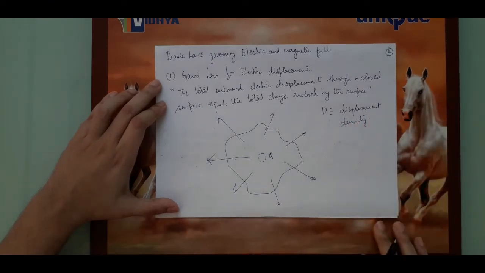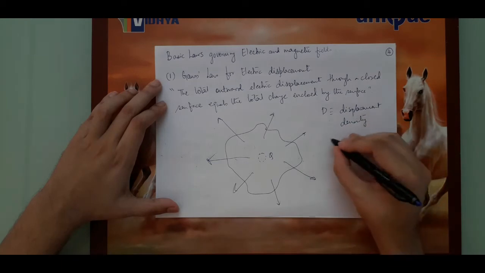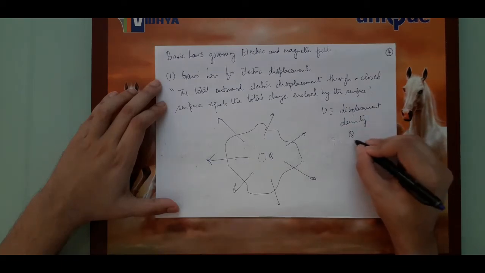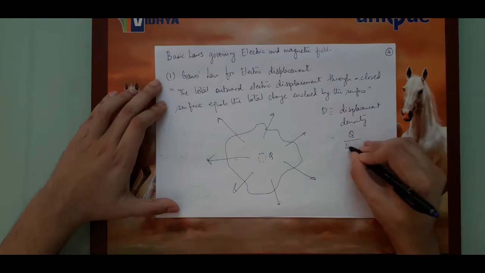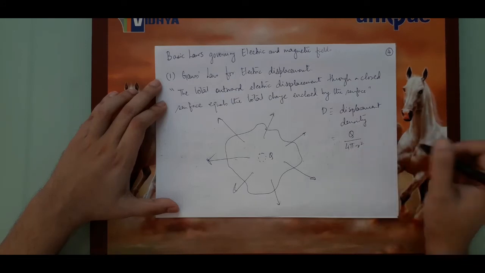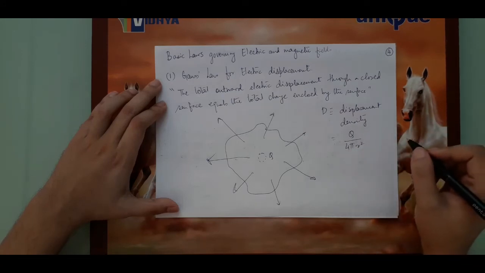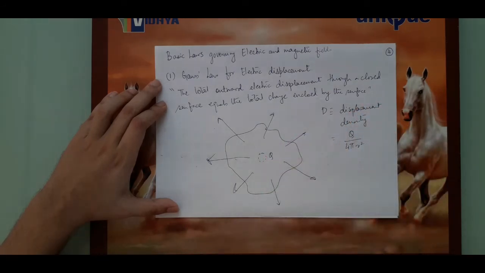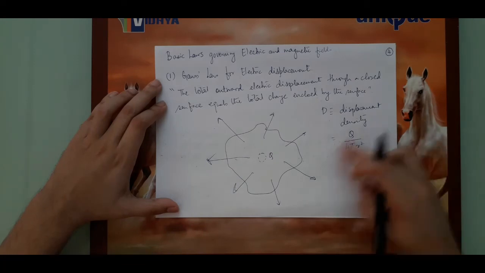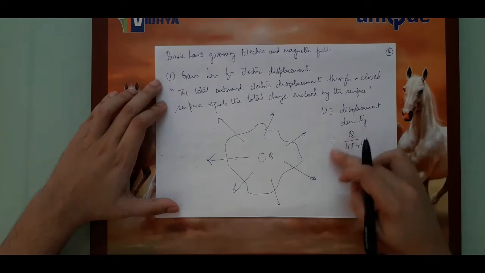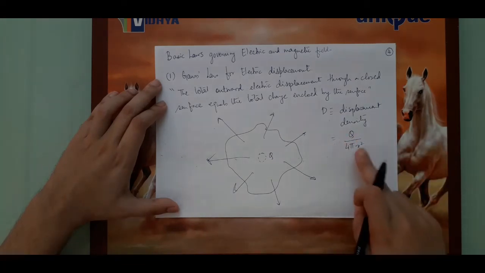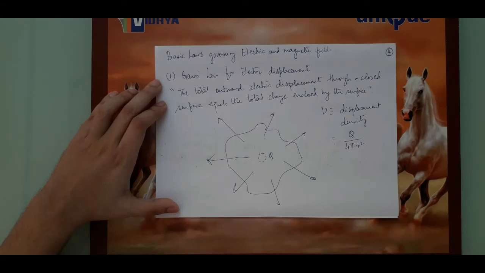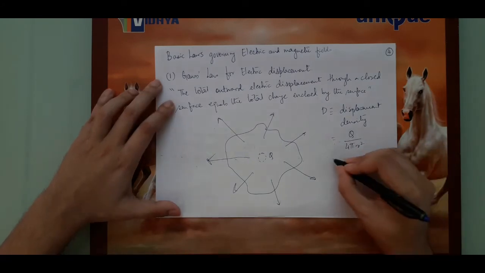This is not a displacement. So what is this? D, we proved, is nothing but Q by 4 pi r square in magnitude. So it is like saying whatever is the charge that is inside is sort of distributed along a surface area, because the denominator is indicative of surface area. So this is like saying